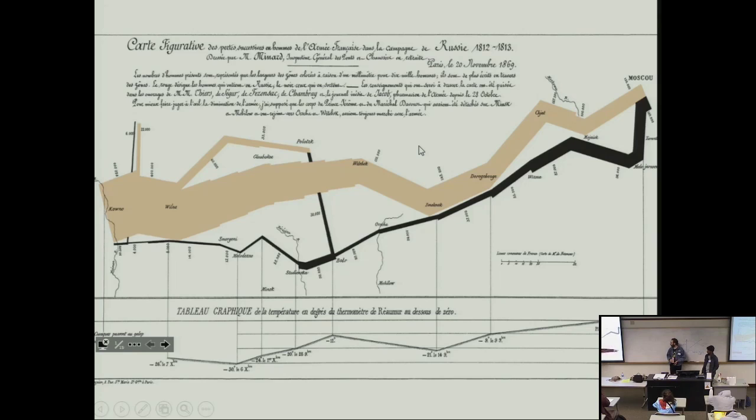You have points below 0. Remember, this is the Russian winter. If you think that Santa Fe gets cold, or if you think that Espanola gets cold, this is really cold, 30 below in the Russian winter. All right. So starting from Moscow, you can see the army starts retreating, 100,000 people, dwindling to 96,000 people, 87,000 people,